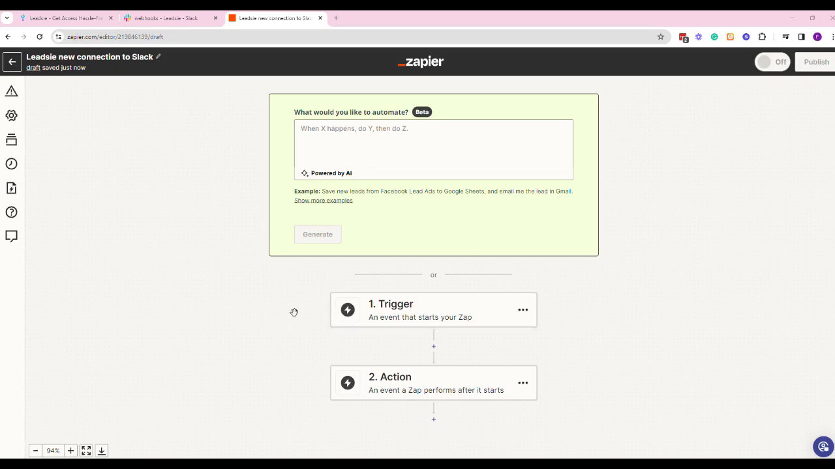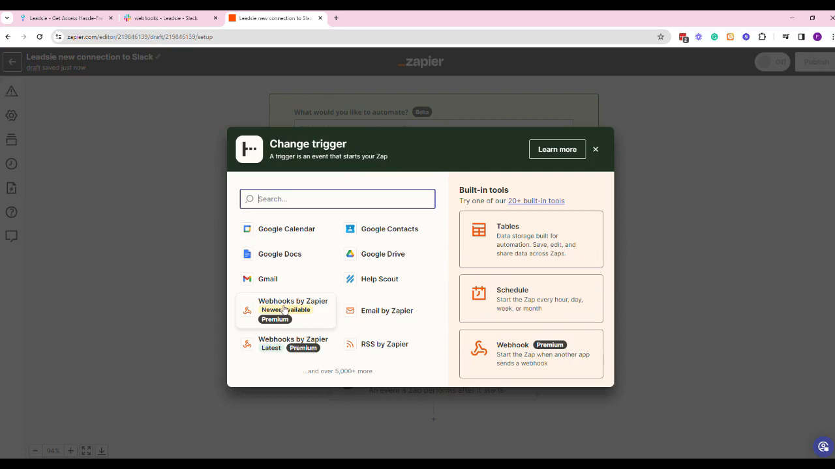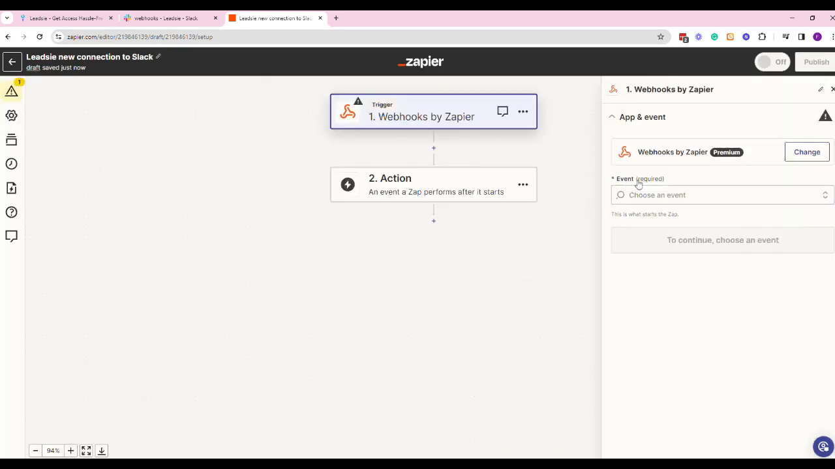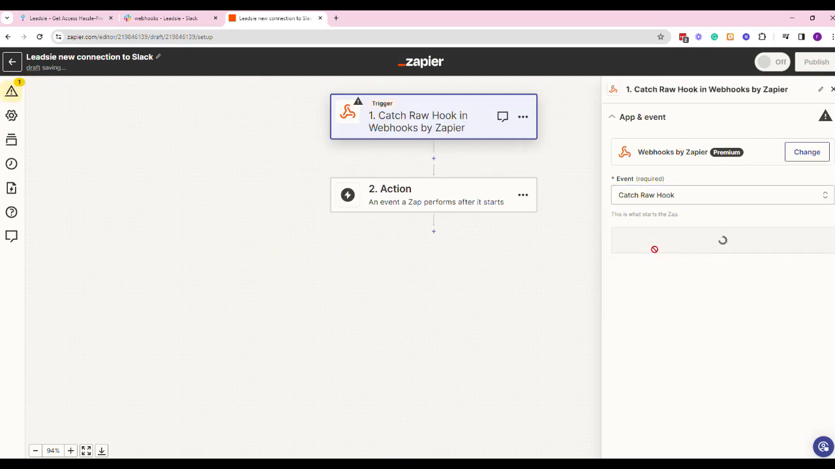The first thing that you need to do is log into your Zapier account and create a new Zap. Of course, you will give your Zap a name, and then on your trigger, you would choose Webhooks by Zapier. Next, you choose the event. Event should be catch raw hook. Then click continue